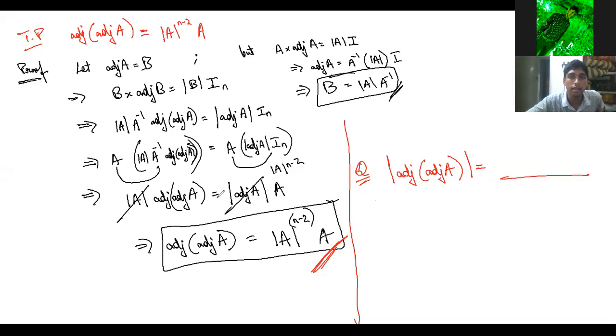I did not cancel it; the determinant of adjoint A was in the previous theorem, right? Determinant of adjoint A is det A power n minus 1. I cancelled determinant of A and determinant of A power n minus 1 and wrote determinant of A power n minus 2. Like x power n minus 1 by x is equal to x power n minus 2, like that. Okay sir.